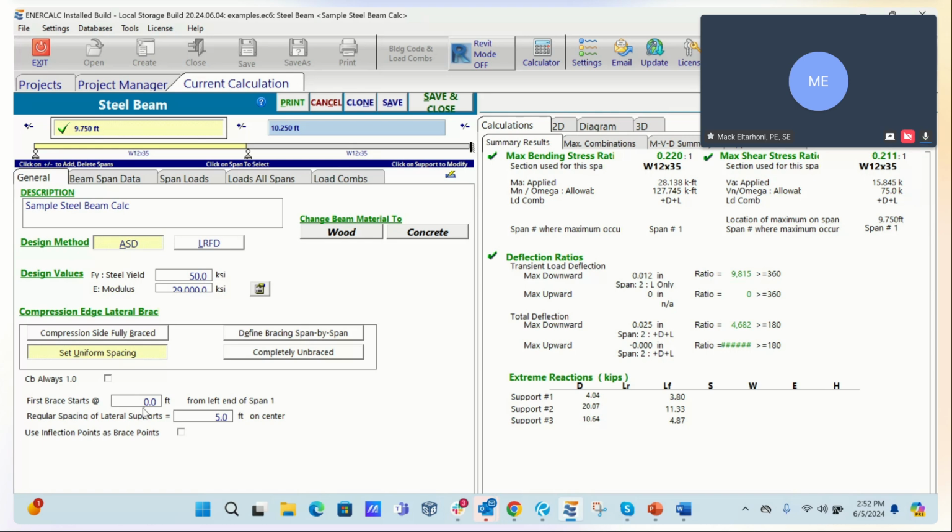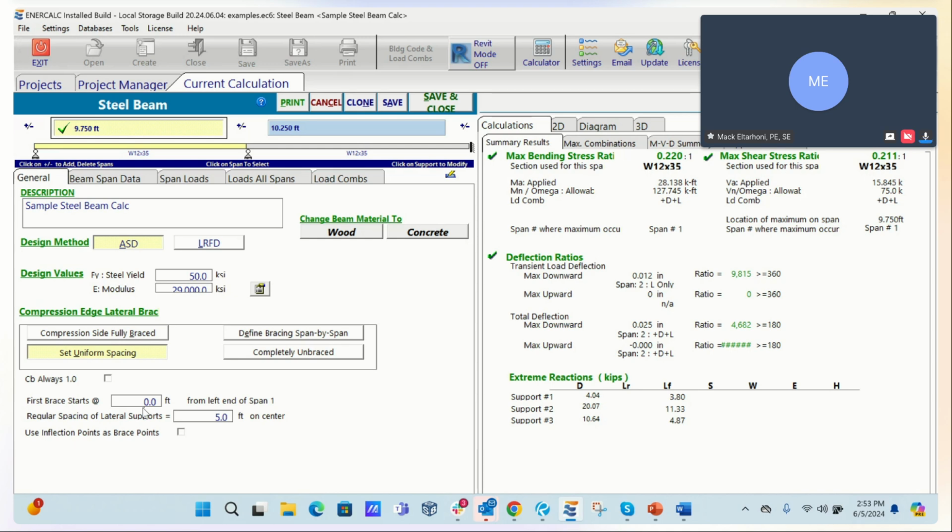So it's important for you to know what the software is doing and use it in a proper fashion to get the right results. The last thing that I want to say, currently there is no way for you to set top bracing separately from bottom flange bracing. Right now there's just only one set for this, and it's tied to the compression edge of the beam.